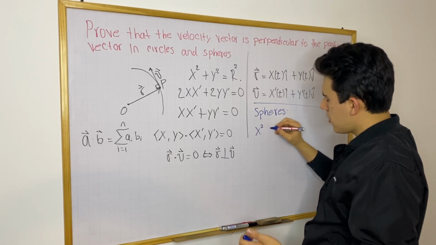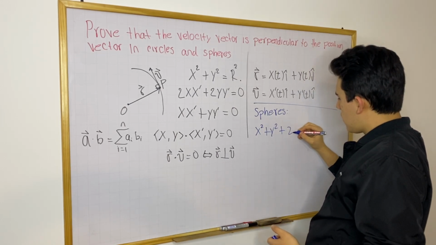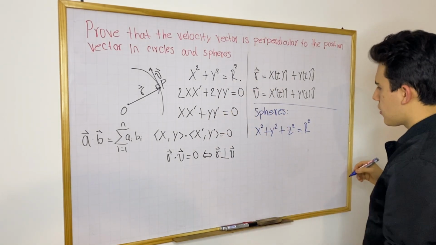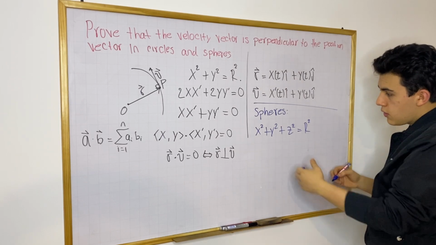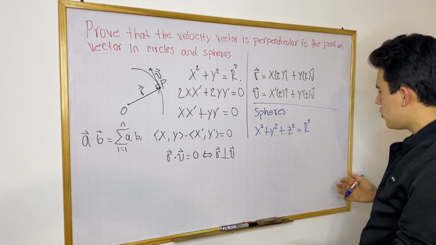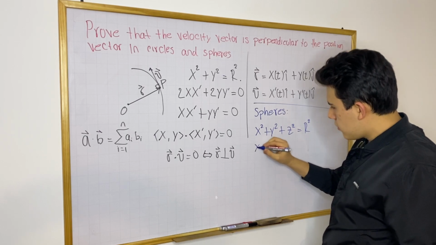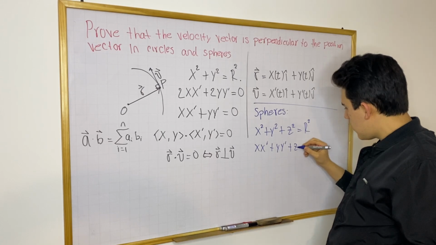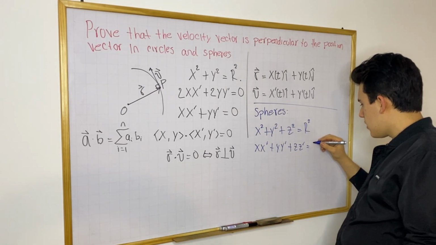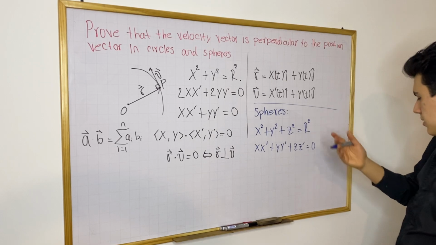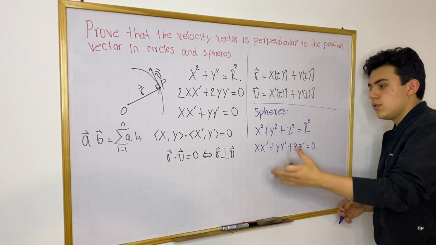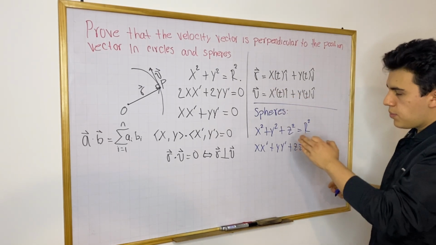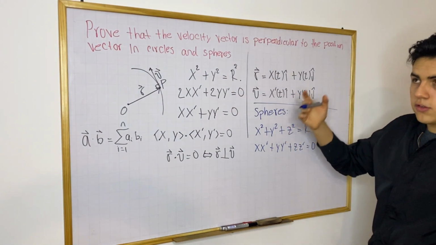Really, what you have is the following. I'm going to do it really quickly because hopefully you know what I'm doing, because it's going to be the same thing as what I just did with a circle. So this is going to be the equation for a sphere. If you use implicit differentiation, and you divide by 2 on both sides of the equation, you're going to get x x prime plus y y prime plus z z prime, or zed, or however you want to pronounce it. I kind of prefer z because it's easier to pronounce, but anyways, this is what you get if you use implicit differentiation. And then, assuming that r and v, your position and velocity vectors on the sphere surface,